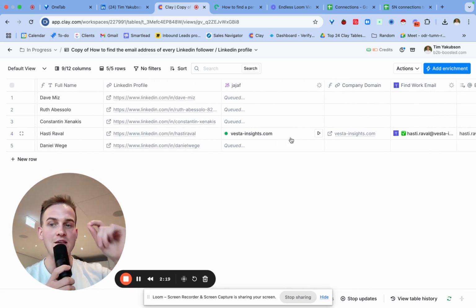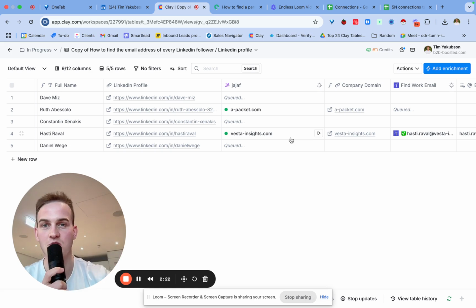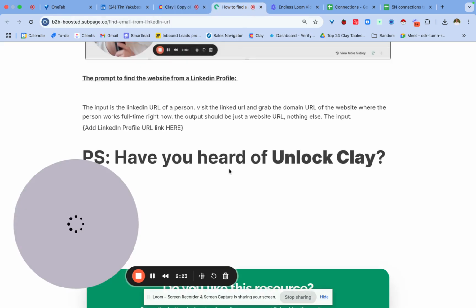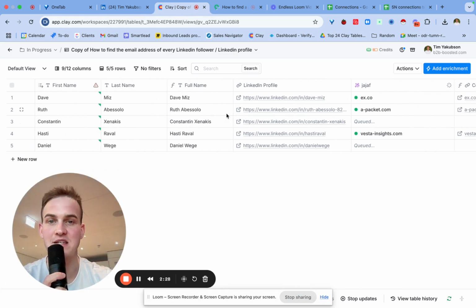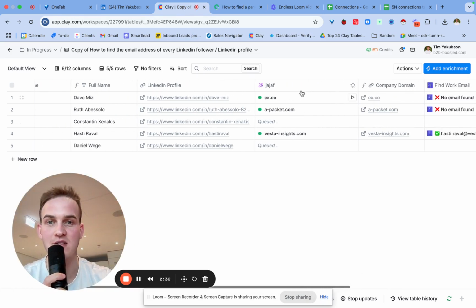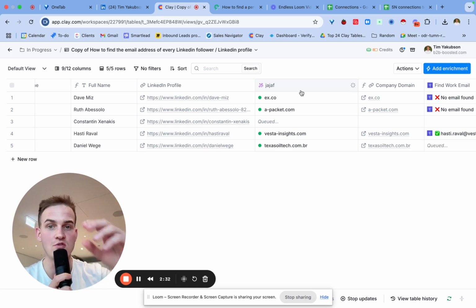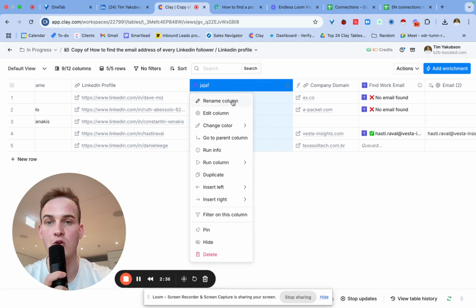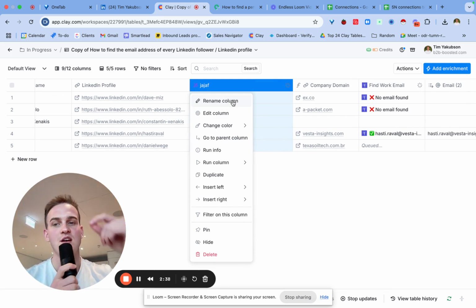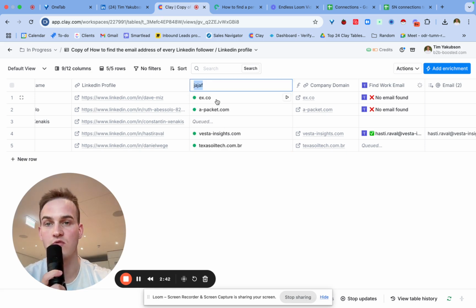Now, before I leave you with this template, which you can steal in the description down underneath the video, one thing that's worth noting is this is a messy template as it is right now. I would very much recommend, if you're looking to scale Clay and if you want to use it properly, you would need to basically map out the columns and really call the columns like step 1, step 2, step 3. So let me show you what I mean right now. So I will rename this column to step 1, which is